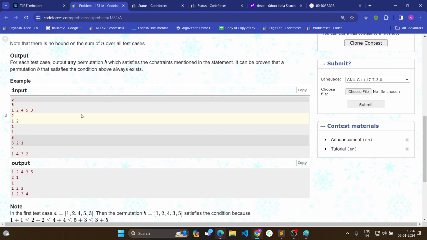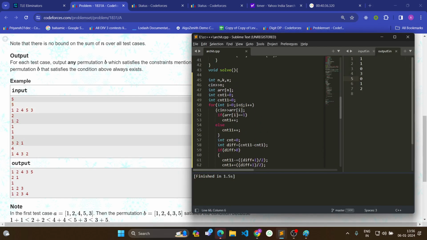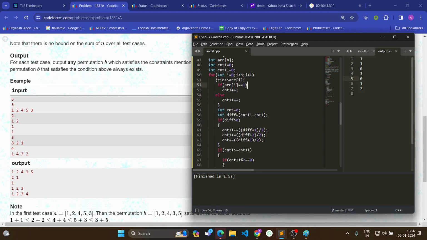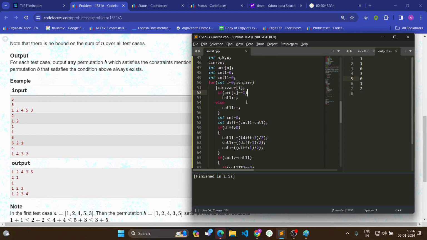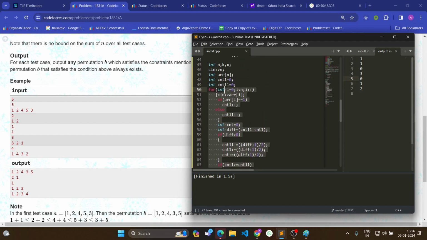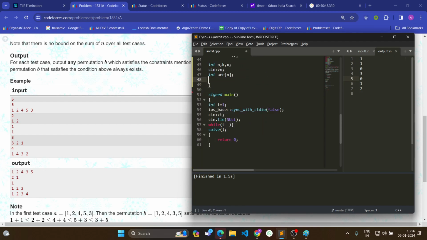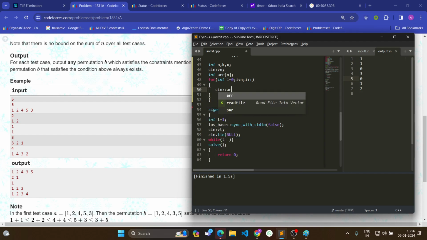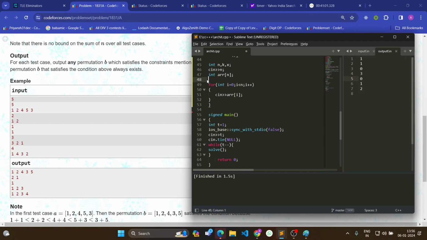Yeah, make all elements equal. Make all elements equal. All elements will be equal to what? They'll be equal to